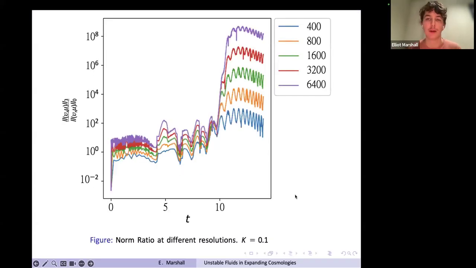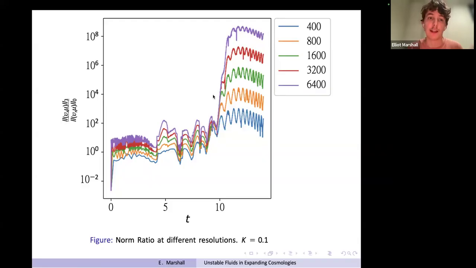Just to make that comment about how you measure these things a little bit clearer, it turns out that these quantities, either the entropy function or these norms, are resolution dependent. If I just say that a shock forms when this quantity is larger than 10 to the 4, say, then I won't be confident that I'm actually finding a shock for a fixed resolution. So to make this clear, here I plotted this norm ratio for a solution which does form a shock at around t equals 10, for 5 different resolutions. And what you see is that this quantity becomes larger depending on how sharply you're resolving this discontinuity.